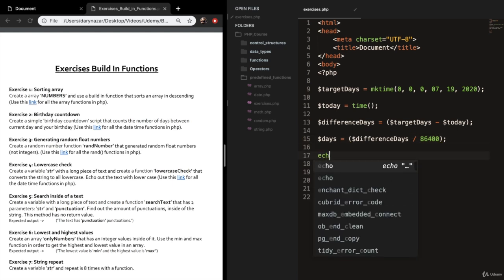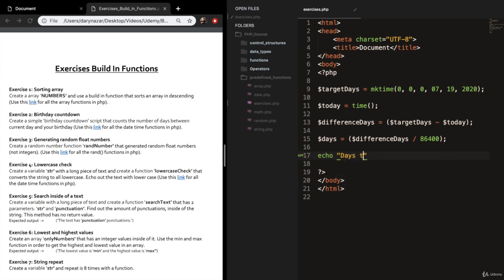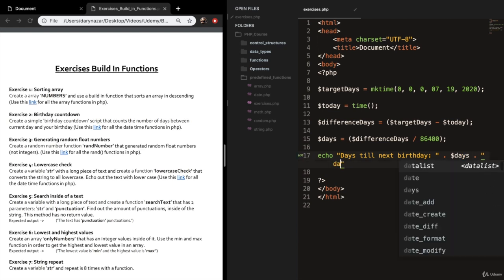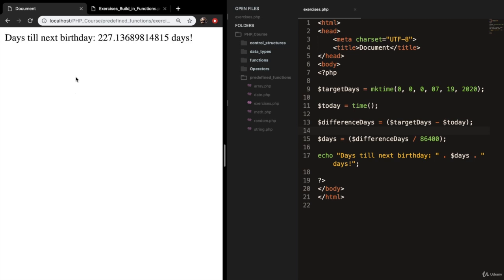So let's create an echo and let's say echo out days till next birthday and associated with the variable days, and let's add some more text, days. So let's save it, refresh it, and you can see that days till the next birthday is 227, but we